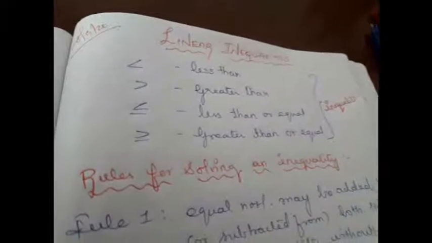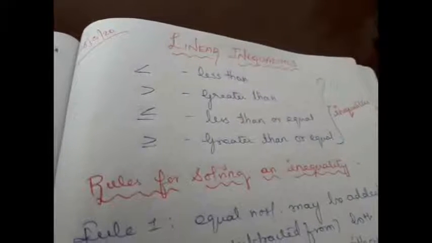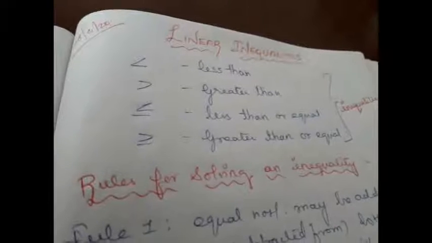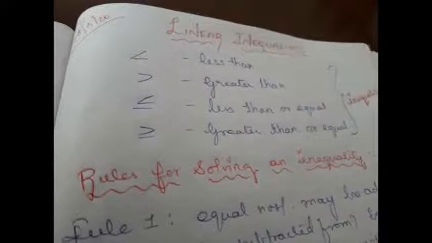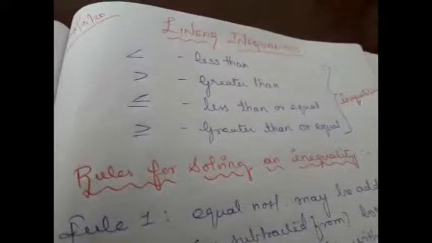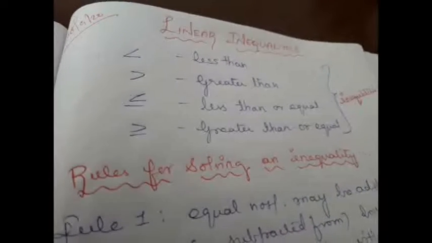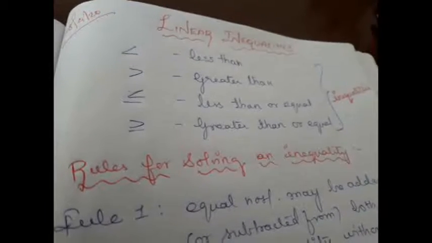First of all, will we come across inequality in our everyday life or everyday situations? Yes, obviously, because every time everything will not be equal, right? There may be some situations where we need the inequation. For example, if we are going shopping and you have 5,000 rupees in your purse, it is not exactly known whether the bill amount is going to be exactly equal to 5,000, right?